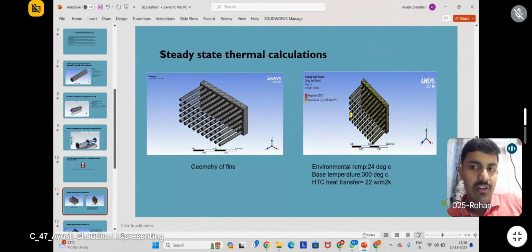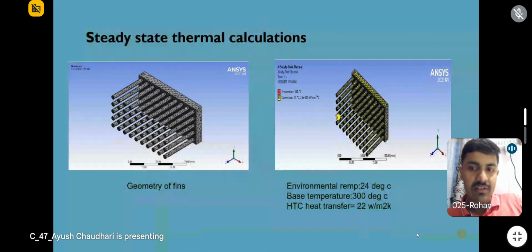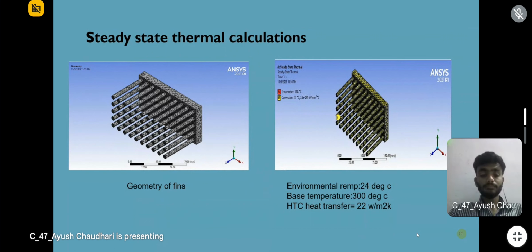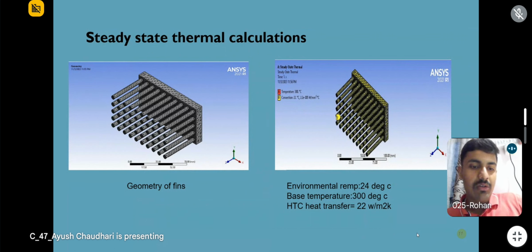So further, we have also studied the first part, that was our longitudinal fins, and the second part is steady state thermal calculations. So first we have considered the geometry of fins on a box, and we have 50 fins placed over there, and it is depicted in the left figure, and in the right figure we are getting the image of the yellow, and the temperature is depicted by 300 degrees Celsius, and the convection was 22 degrees Celsius,